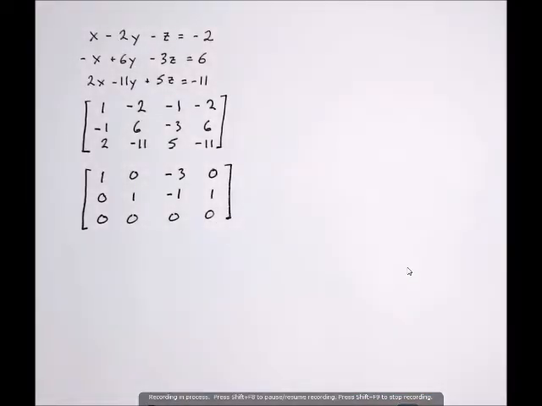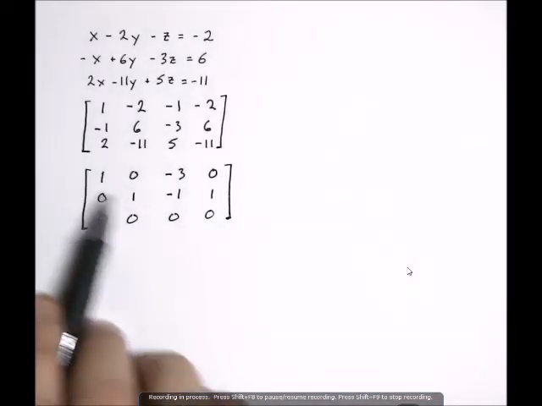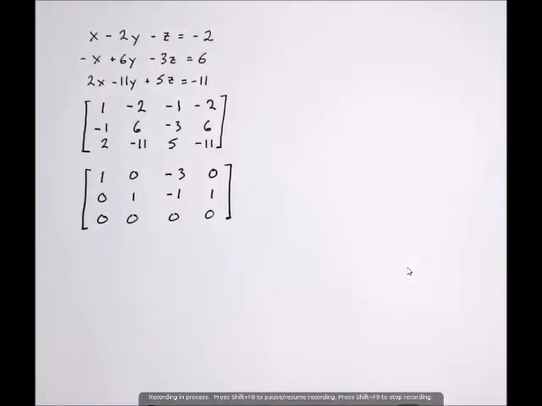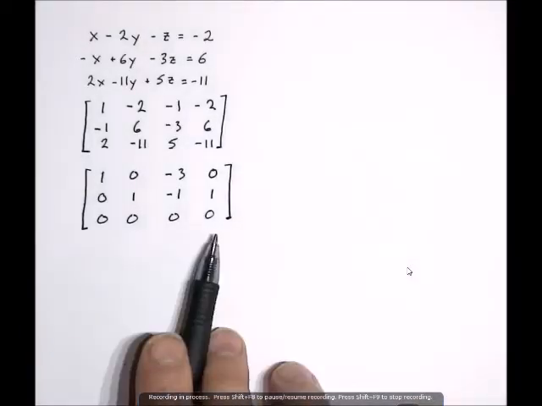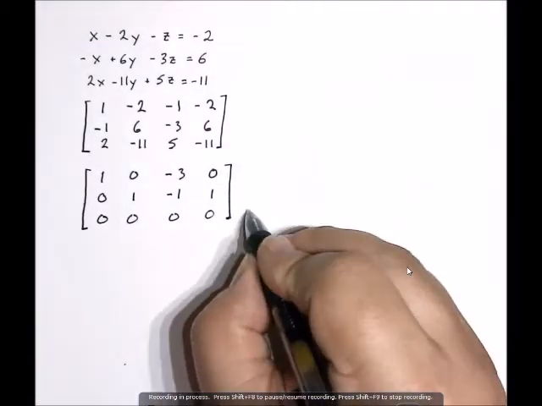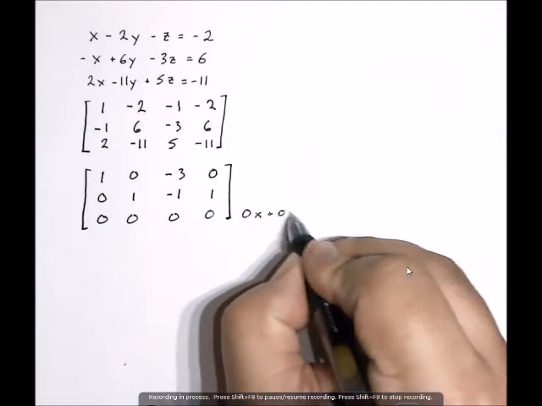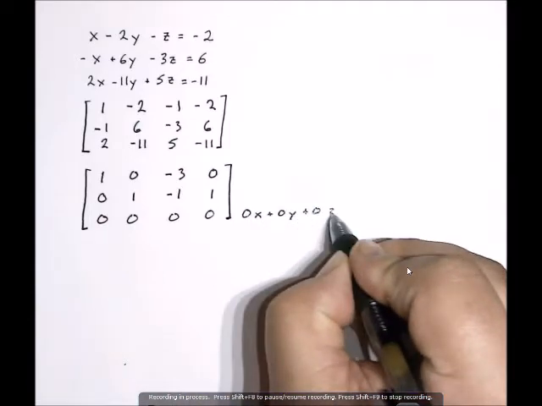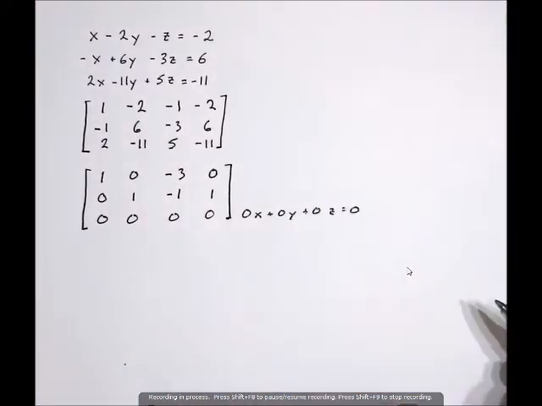Which gives me this. And again, I have a problem because I don't have that nice diagonal of 1s. So let's reconstruct this bottom row and see what's happening. Okay, so 0x plus 0y plus 0z equals 0, or